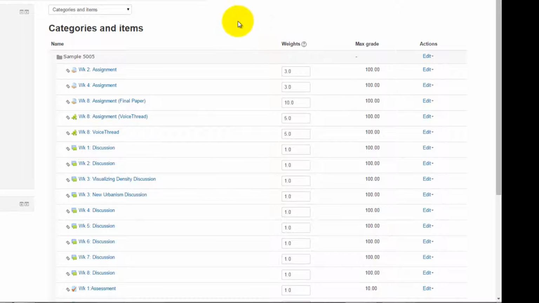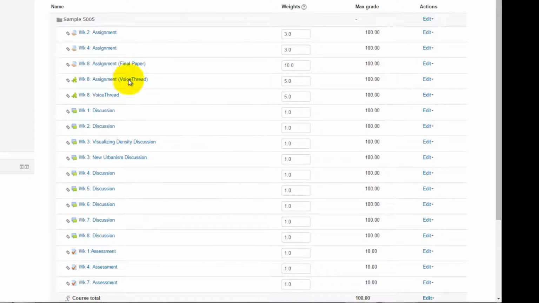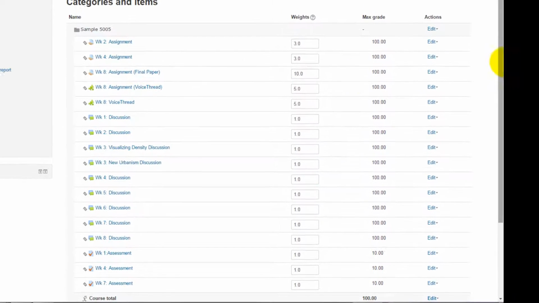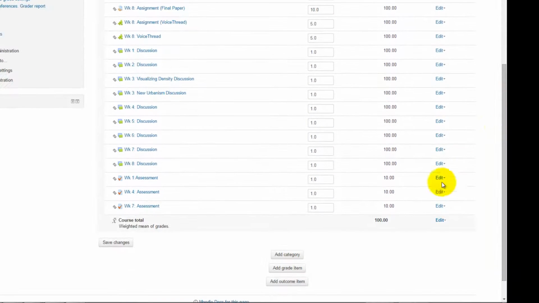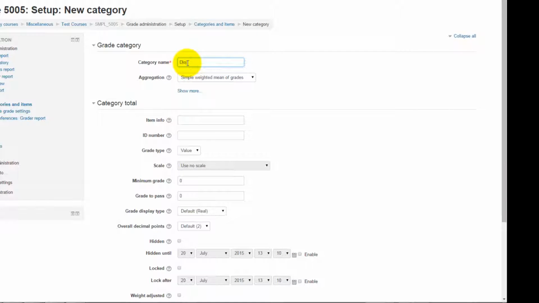Our goal here, though, is not to add weights to individual assignments, but to categorize these within different categories, and then if we want to, we can also weight those categories relative to each other. The way we do this is first by creating our categories. So I'm going to add a category called Discussion,